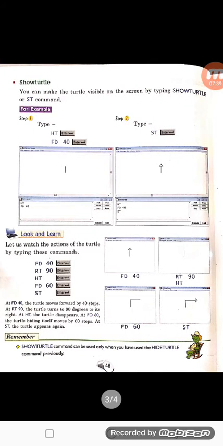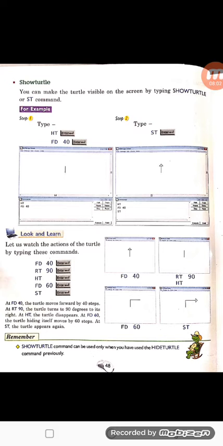But in show turtle, if we want to see the turtle and our turtle is hidden, to show the turtle we use the show turtle or ST command. So the short form of show turtle is ST. You can make the turtle visible on the screen by typing show turtle or ST command.